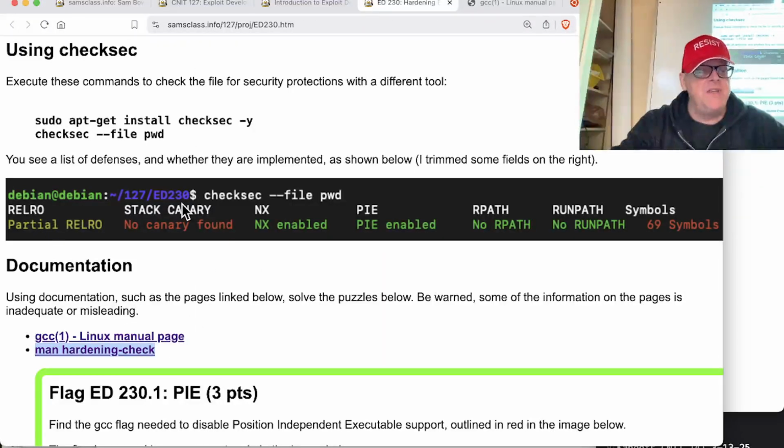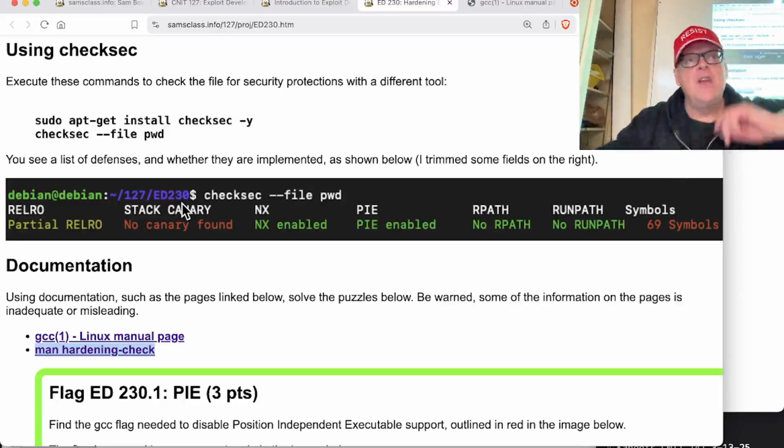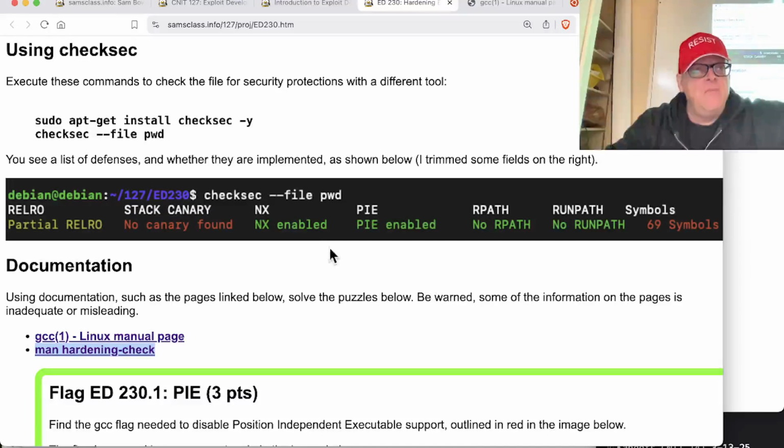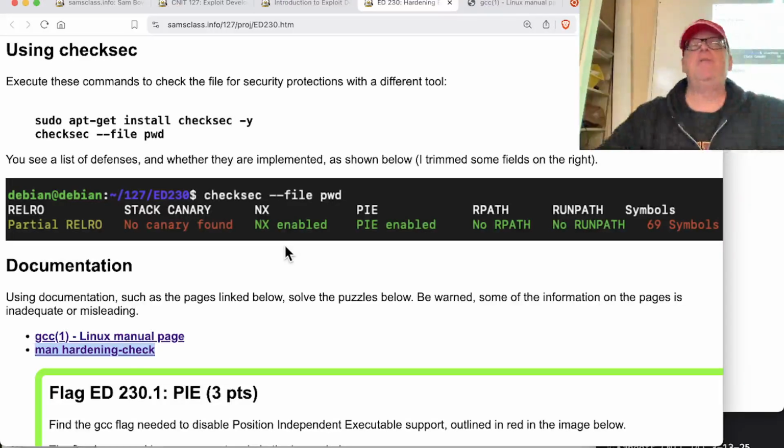The stack canary, as you know, puts a random value at the end of the current stack frame. So if there's a buffer overflow and you try to write to the return pointer, you will hit the canary first, and the operating system will know that the canary has been changed and stop instead of continuing to run. What is the canary? It's just a random value. But it stores it somewhere else. I think it stores it in like a floating point register. It knows what it should be. So it reads it. Every time it tries to return from a routine, it checks the canary first. And if the canary's been modified, it stops. It won't return because it suspects the return pointer has been corrupted.